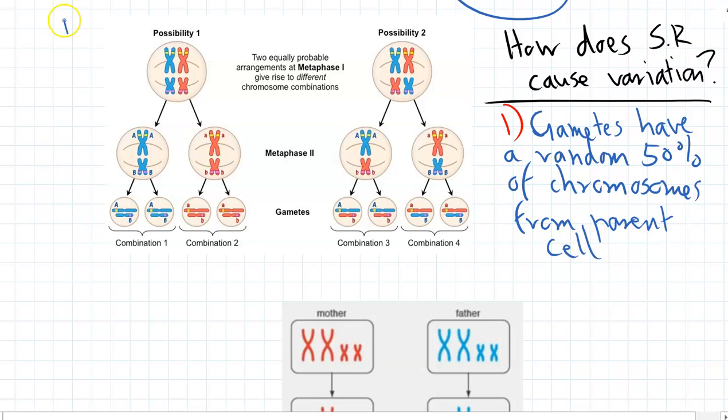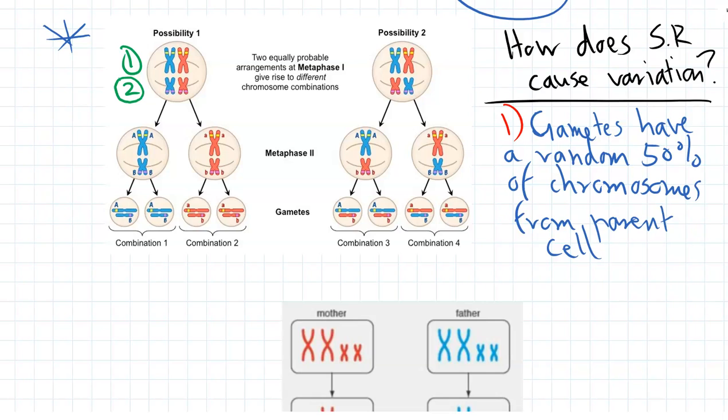And that's what this first diagram here is showing. So let's just look at an example of a species that only has 2 chromosomes. So the big chromosome here is chromosome 1, and then the small chromosome here is chromosome 2. So in this particular species,